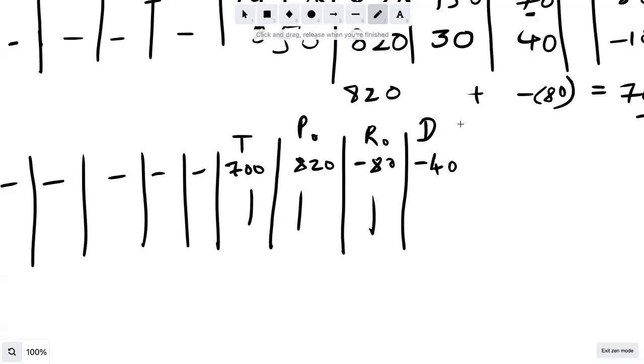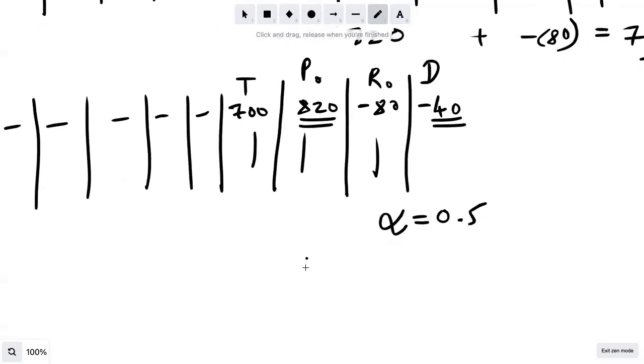Now what we do is we actually have a learning rate parameter, and this is called alpha. And let's say alpha is set to 0.5. So instead of predicting 820 plus minus 40 as the prediction from our model after creating one tree, we actually predict 820 plus alpha times, or 0.5 times, minus 40, right, which is the prediction.